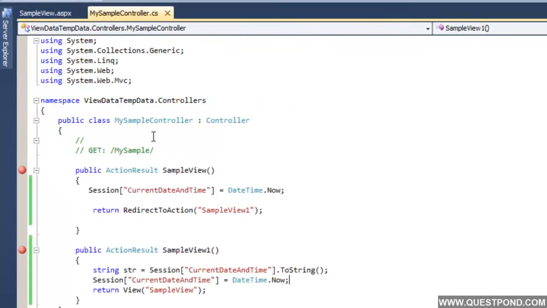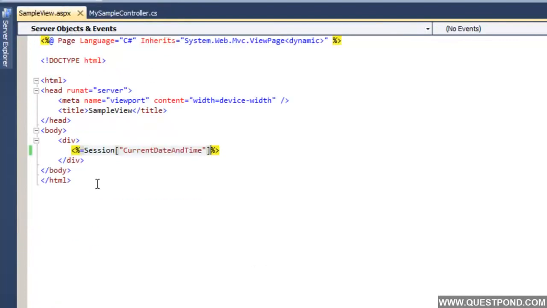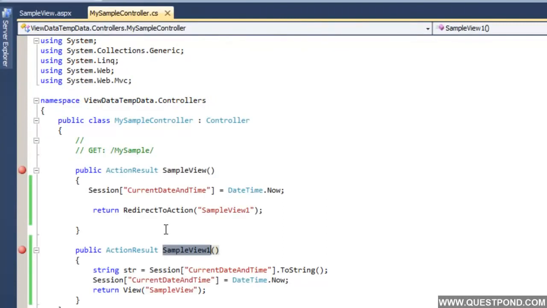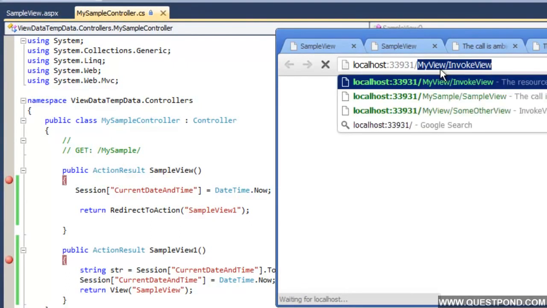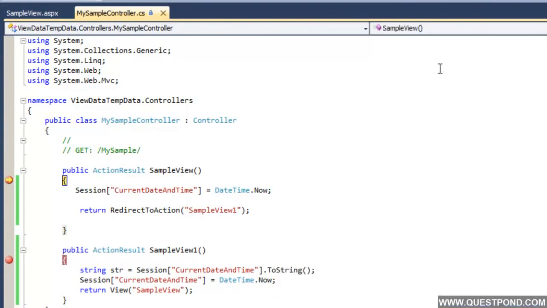Now the way I'm doing it here is I'm moving from action to action, that is from SampleView to SampleView1, and I'm moving from an action to a view, that is from SampleView1 to this SampleView.aspx. But you will see that this session variable is persisted as you move from any entity to any entity. So if I run this in debug mode, just to quickly see how session variables work, slash SampleView. In SampleView I'm setting the value.